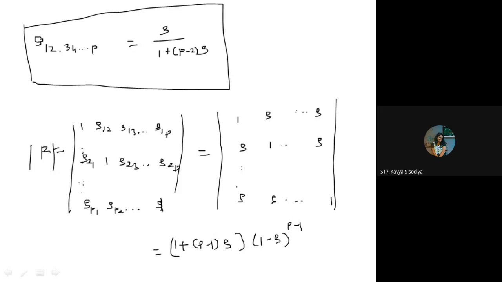So whenever you wish to find out the determinant of the correlation matrix when these elements are there, how will you say that? You just find out 1 minus rho. If you subtract rho from each one, how many remain? 1 minus rho remains. Just take it outside; in the determinant, how many times? It is p minus 1 times, you can take out 1 minus rho, and then the determinant of what remains is 1 plus p minus 1 rho. So you can also prove this by just showing the determinant of order 2: 1 rho, rho 1.